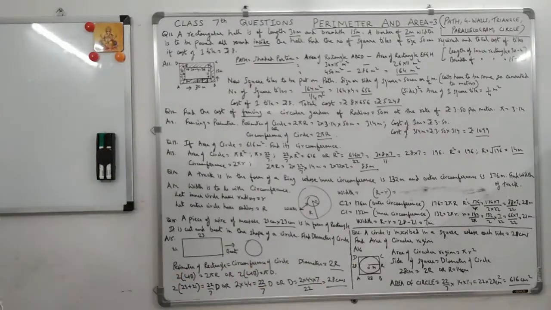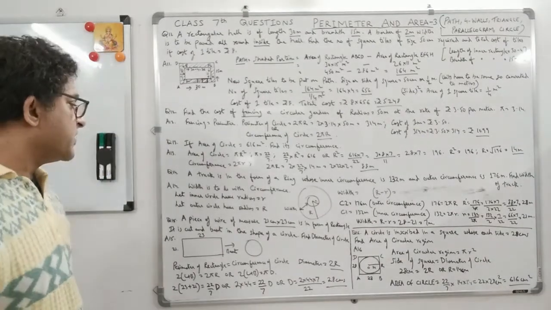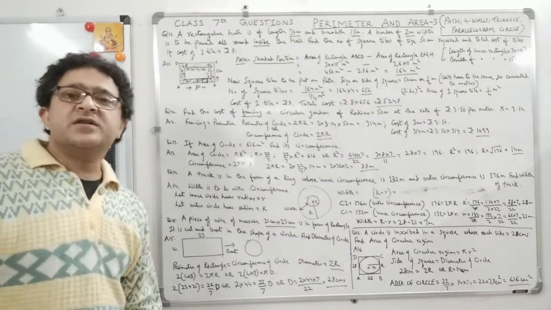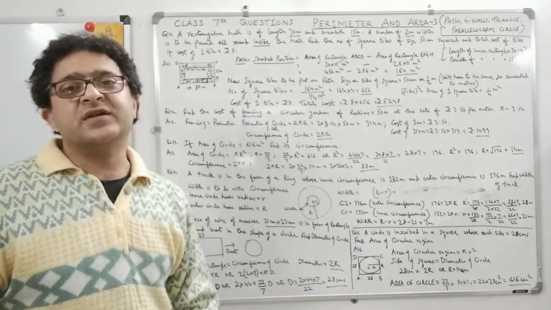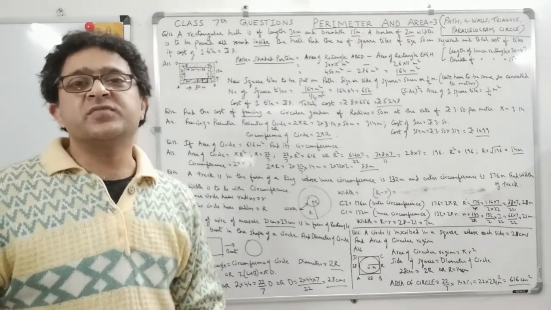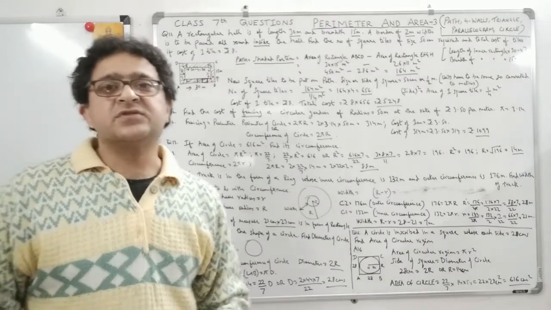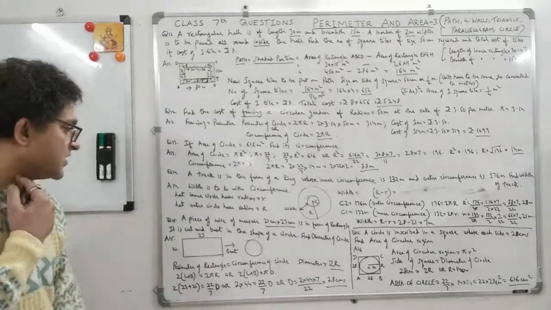That's a good question, but not very difficult. You simply have to, when you put 2 pi r, it is 2 into r into pi, right? So 2 into r is d, which is the diameter. Diameter is twice the radius, so 2 pi r can also be written as pi d, which is also the circumference of the circle, right? Simply we have used that thing.